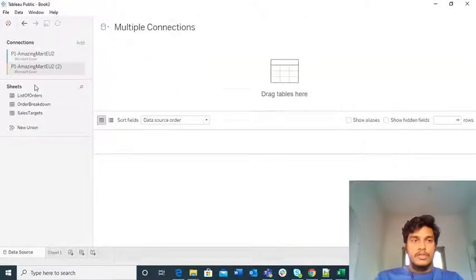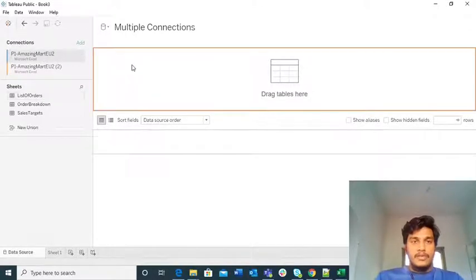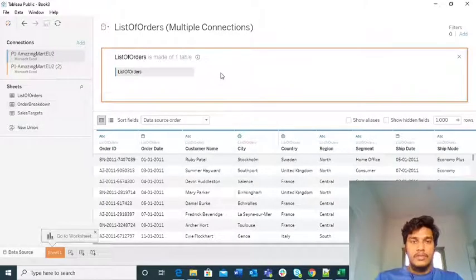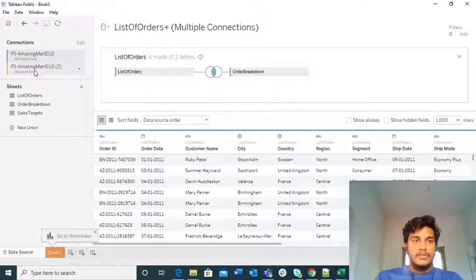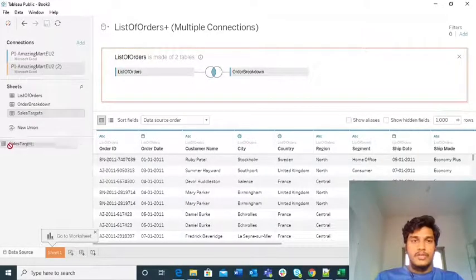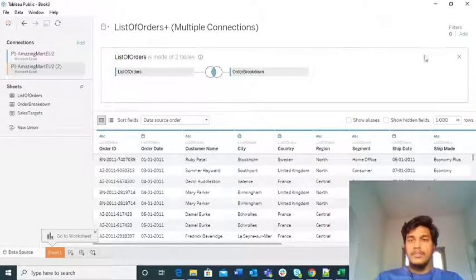If you click on this, we again have this option. From this I take the list of orders and join it with order breakdown, and from the second data source I take the sales target and do some blending options. I am not doing it here, but this is the scheme that I want to follow.